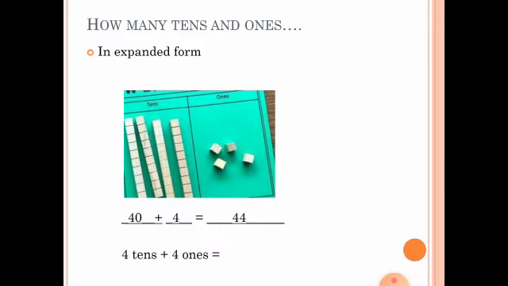So its expanded form would be, I told you we start reading the numbers in maths from the left hand side. So on the left hand side there is a column of tens. So 4 tens mean either add 10 four times, 10 plus 10 plus 10 plus 10, or 4 tens are 40. So it has become 40 plus 4. 4 blocks are present in one column, so 4. 40 plus 4 is equal to 44. And how to read it? 4 tens plus 4 ones is equal to 44.